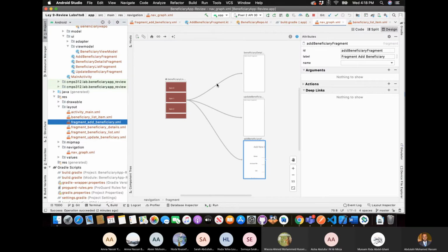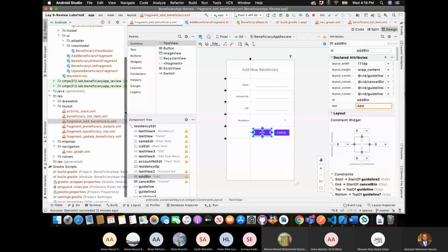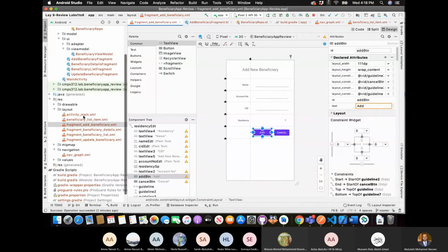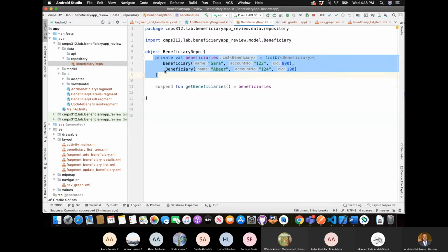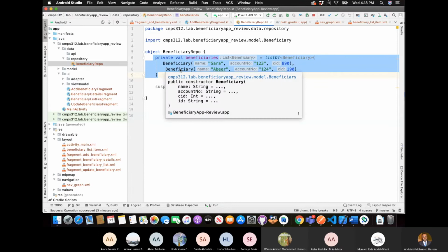Then I will keep doing this and keep on building my application slowly, in small pieces. And if I get stuck, I know where I am stuck. I'm stuck in the layout, because everything before the layout was working. Then I will only focus on the layout and I will not worry about anywhere else in my application. All right, so now let's go ahead and change this data from static data to more dynamic